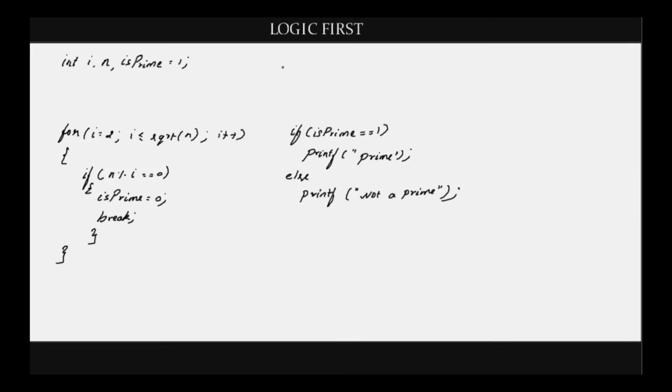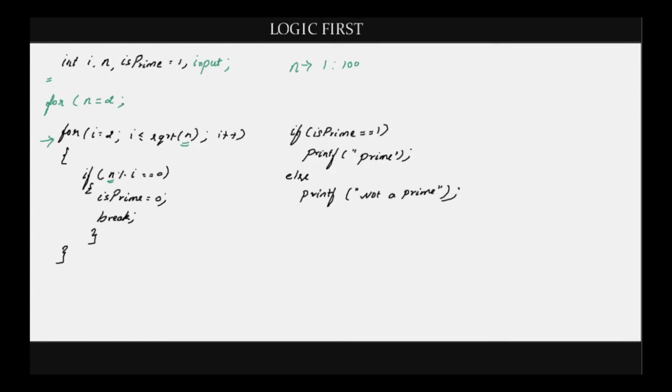In order to change this program, let's declare one more variable called input, and of course you have to scan the input. After that, now we have to write one more loop. What is the loop variable here? This loop takes the value of n and evaluates it. Now we need to vary n from 1 until 100. Instead of 1, let's start with 2 because we know that 1 is neither prime nor composite.